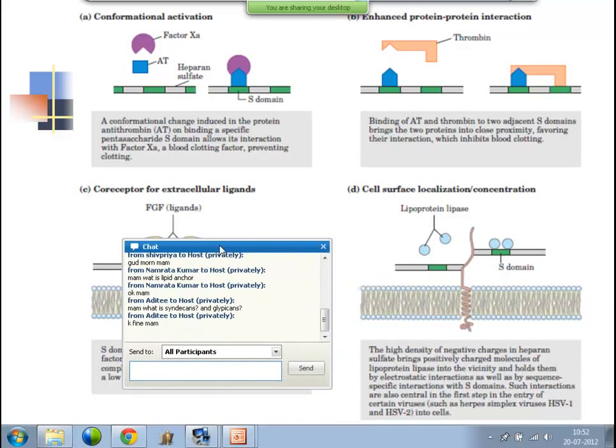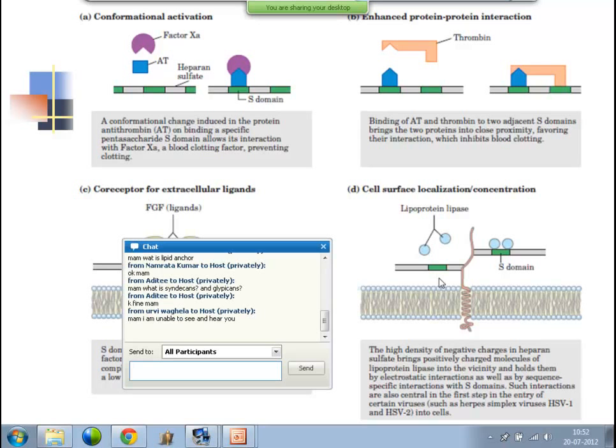Another important way in which the S domain can help in the binding of extracellular proteins is that because it consists of heparan sulfate, it has got several negative charges on it, right? So it is electrostatic in nature. It has got several negative charges on its domains. So because of that, all the positive